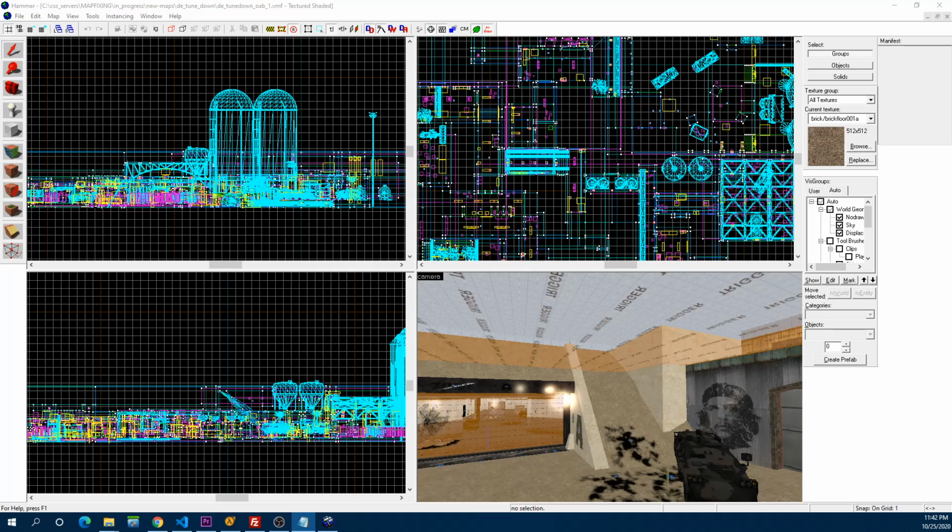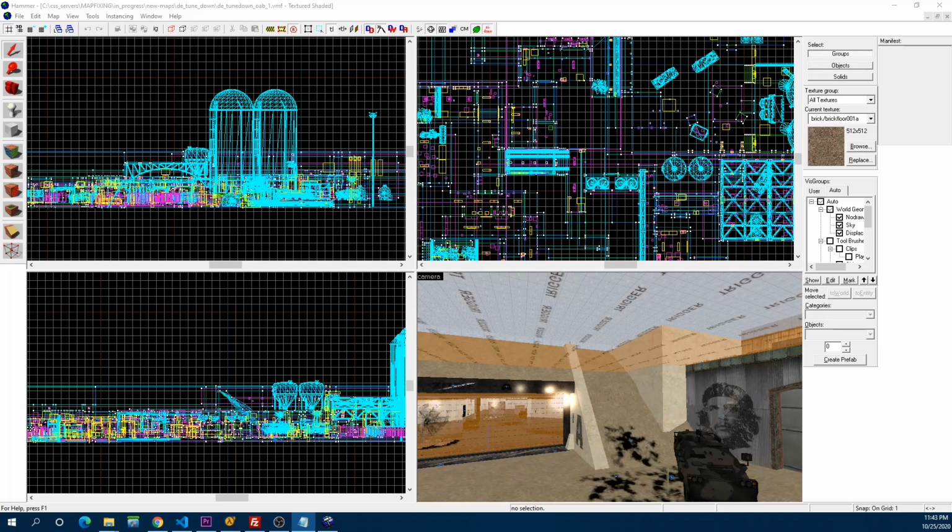Sorry, we're gonna look at decompiling maps, compiling maps. We're gonna take a deep dive into the Hammer software, which is on the screen right now. We're gonna look at editing nav files, which are the files that bots use to navigate the maps, and then we're gonna look at packing maps, including assets inside the map.